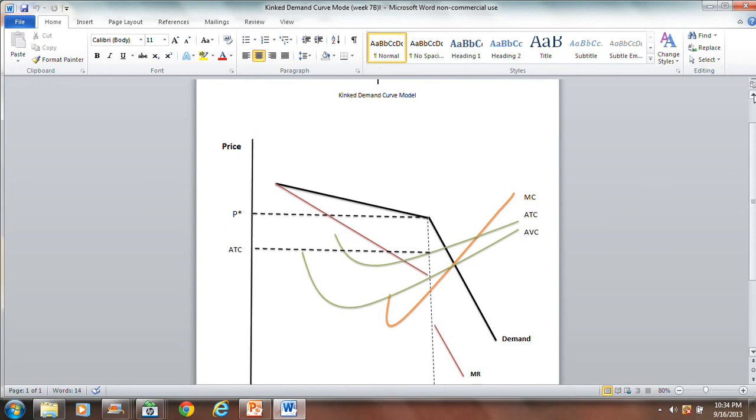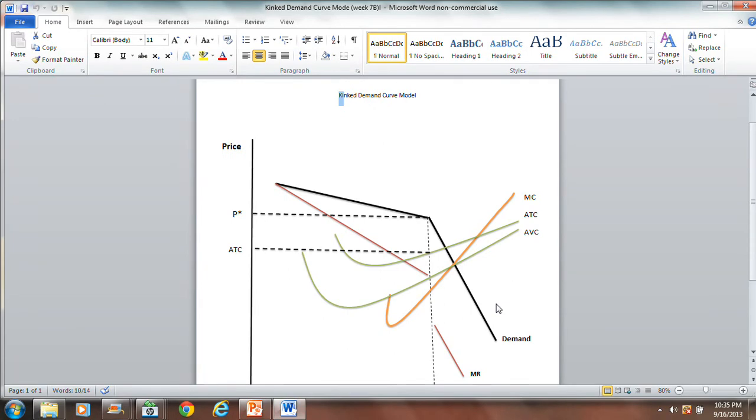Alright, so let's try and make sense of what's called the kinked demand curve model, which I have in the exhibit here. First thing to notice is the demand curve for the kinked demand curve model consists of two segments. There's a relatively flat or elastic segment like here, and that flat or elastic segment reflects the reluctance of firms to raise price. So the demand curve is built based on the interdependence issue. So it's kind of flat when it comes to raising prices, which is more difficult. But notice there is another section of the demand curve that's more flexible downward, and this section reflects the inelastic behavior associated with the interdependence issue.